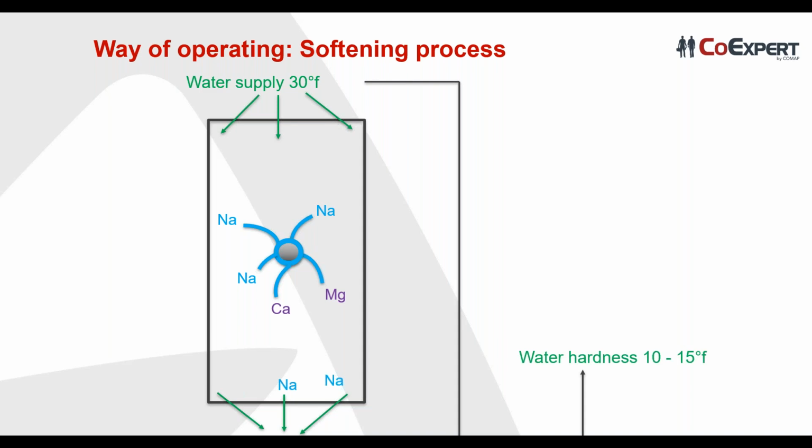Of course, this water is non-potable water. If it's for the heating system, it's okay. But if it's in order to produce hot tap water, it can't be used like that. So in order to have a water hardness between 10 and 15 French degrees,